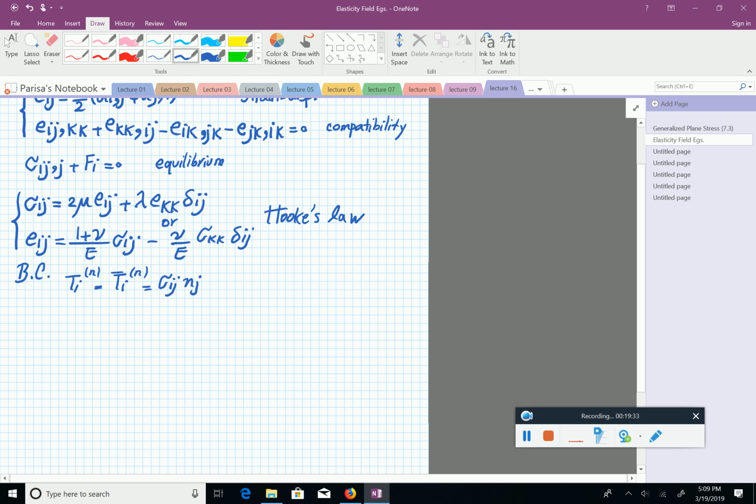And if you remember, we said that wherever we specify displacement, we cannot specify traction and vice versa. And then I told you that we typically either solve for a stress or displacement. So we had a stress formulation